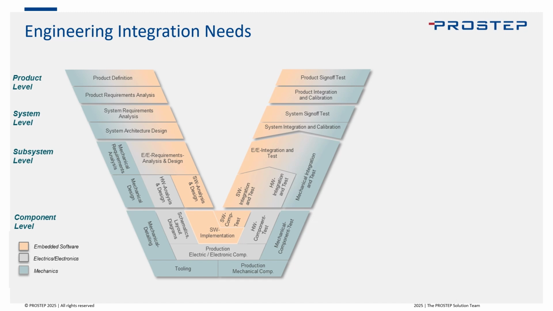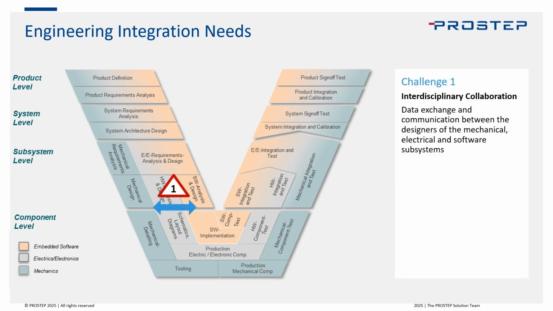From the standard V model, you can determine some of your integration needs as well. From this, you can apply some of your applications to the different domains within this model and then see where the flow of data might need to be. And there are different challenges specifically within that flow of data as well. Number one, interdisciplinary collaboration. So how do I take mechanical design and software development and ECAD, and then manage between all of those, maybe the configuration of it as well, and concurrent changes so I can collaborate and work concurrently